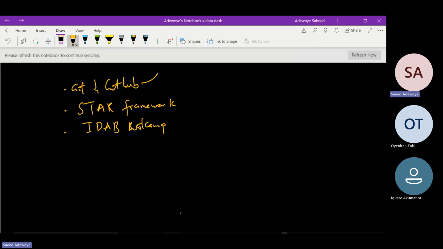I know some of us here might have heard something about Git and GitHub, especially in software engineering, or anybody that has done anything related to that before, maybe front end or back end of a thing. So we're talking about Git. Git is just a version control system. It's a version control system. It helps you track changes in your code.